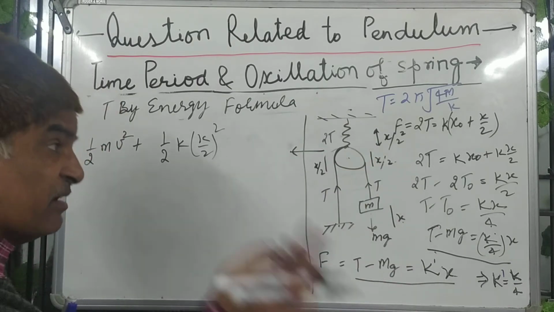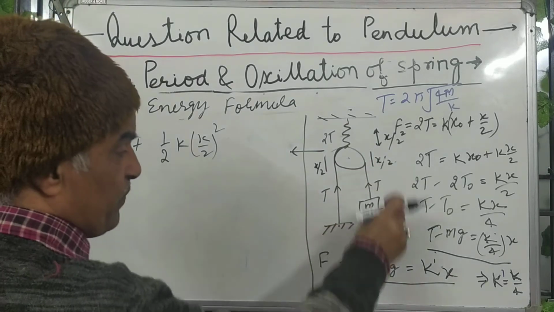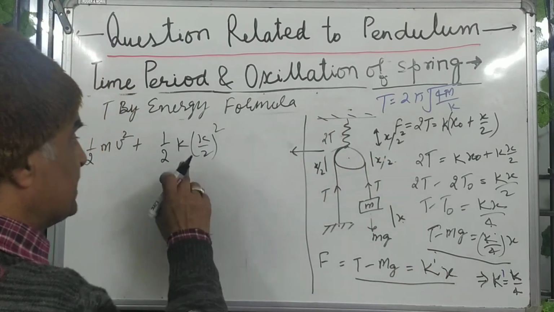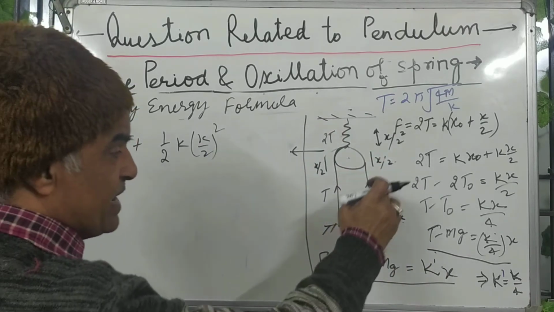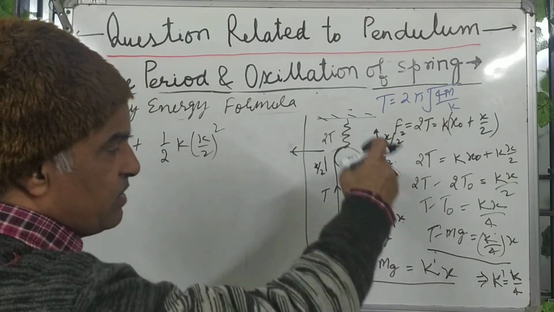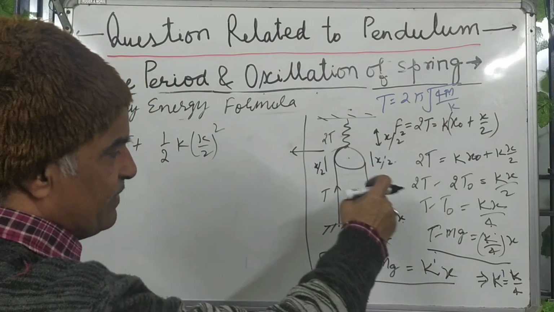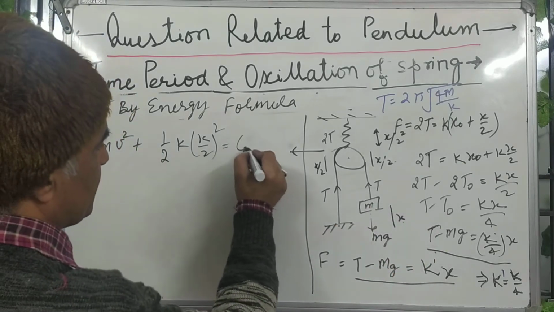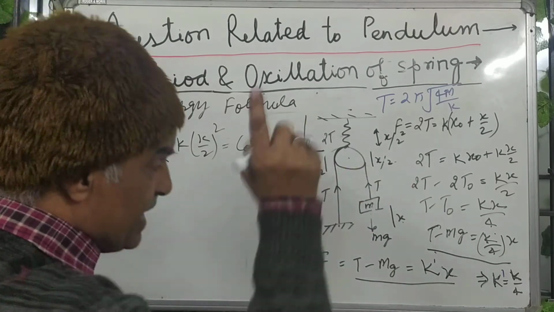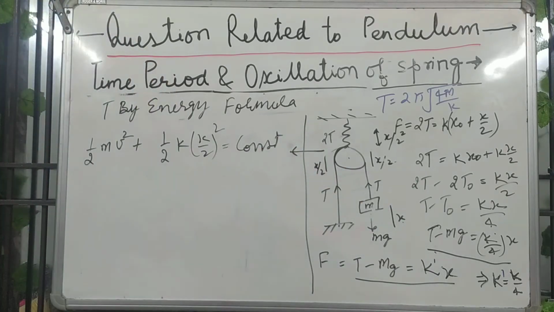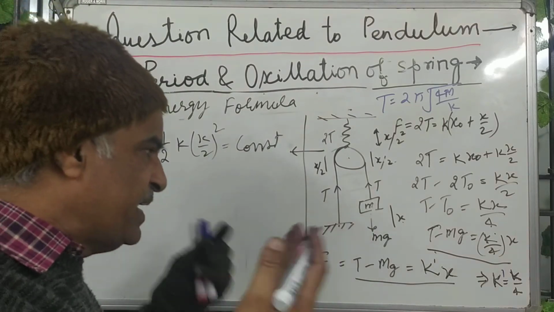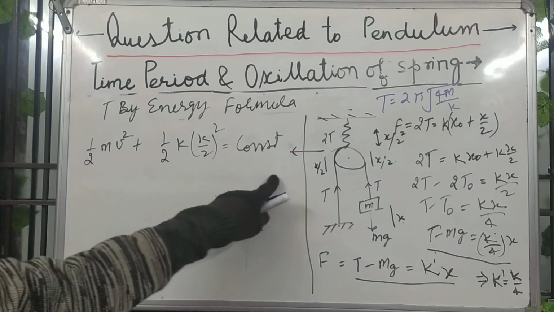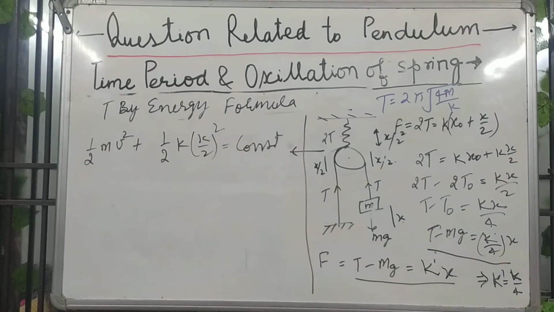The energy stored increased by this operation due to potential drop. The increase in energy in the spring is this, and the kinetic energy gained is half mv square. This is equal to a constant. If any doubt, please clear. All types of numericals designed will follow this principle. You will have to prepare the equation by this principle, simplify, and find the answer.